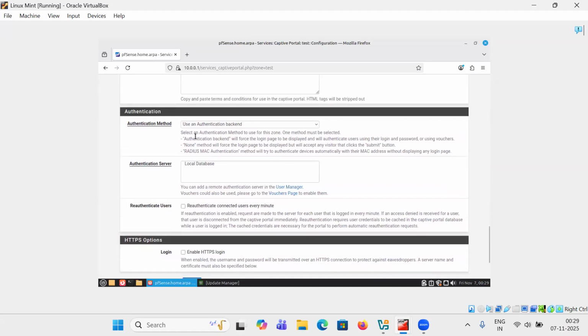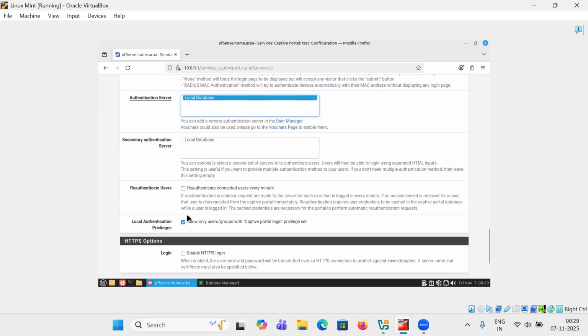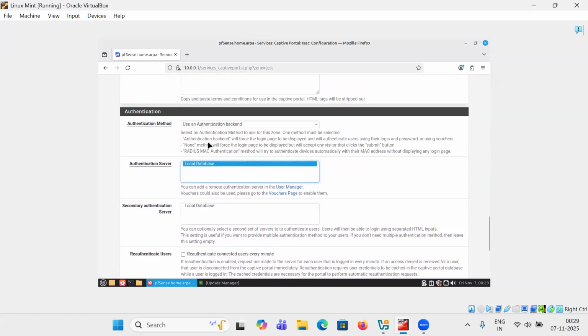And here is the main thing, authentication method. If you are going to give user access, you have to define an authentication method, and this will be your local database. You can also specify a secondary authentication method. If you have a RADIUS server, then you can use RADIUS MAC authentication. Otherwise, use an authentication method. Local database is selected by default,